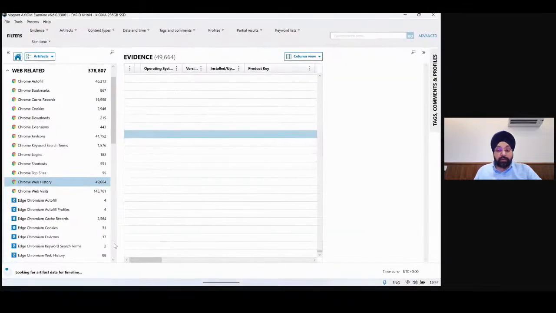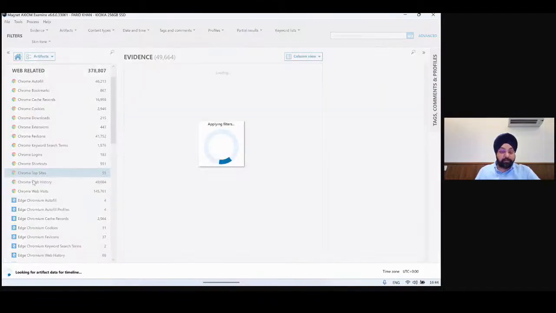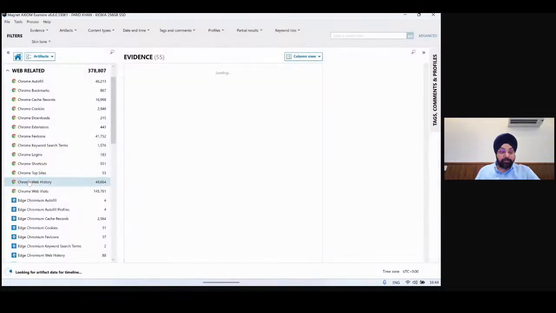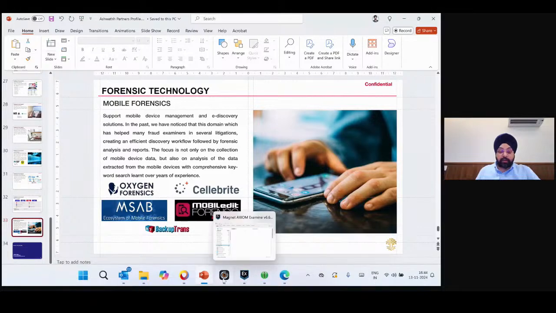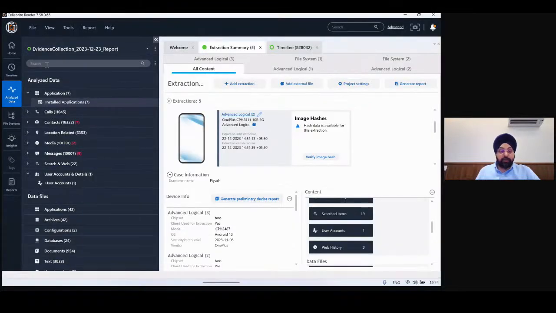I think it's trying to build a timeline. That's why it's taking some time. Yeah, no issues. I can try to search in a mobile phone also,